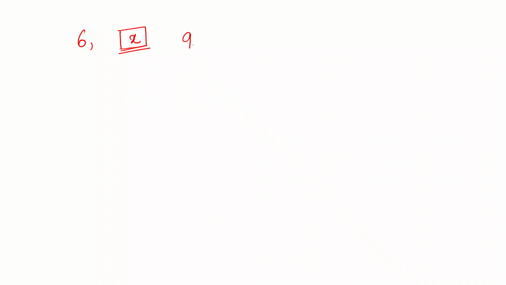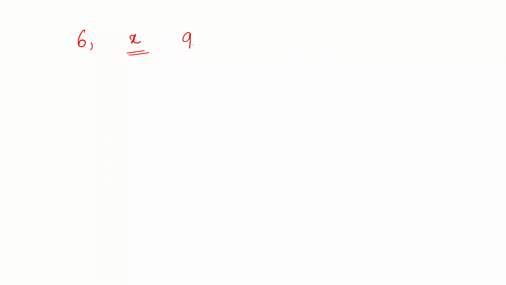Remember how in arithmetic progressions we had the concept of arithmetic means? Like we had two numbers and then we had to insert some numbers such that the entire sequence forms an arithmetic progression. In a similar way, we can have two numbers and then we can insert some numbers. In this case we are dealing with just one number, so we are inserting just one number between 6 and 9, but it can be extended to any number of terms. The thing is that all these numbers should then be forming a GP. So this x is called the geometric mean of 6 and 9.